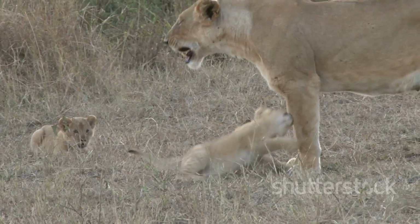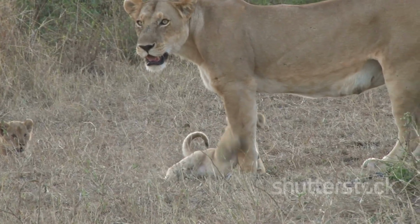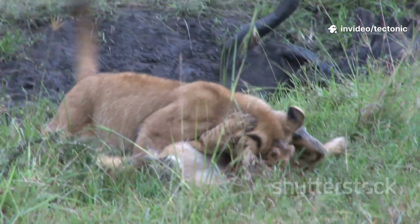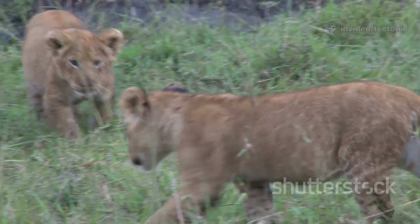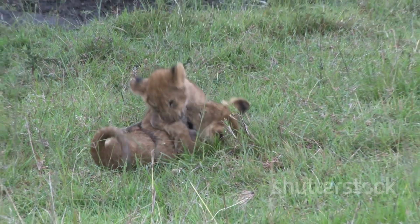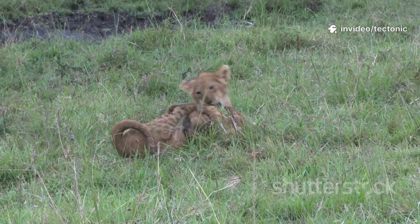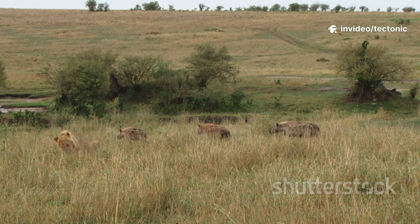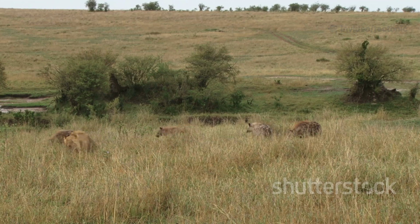Once they are old enough, she introduces them to the rest of the pride, where they are raised communally. The cubs spend their days playing, which is more than just fun. It is essential training for their future lives. Through pouncing, chasing, and mock fighting with their siblings, they develop the strength, coordination, and social skills they will need as adult hunters and members of the pride. However, the savanna is a dangerous place, and mortality for cubs is high due to threats from predators like hyenas